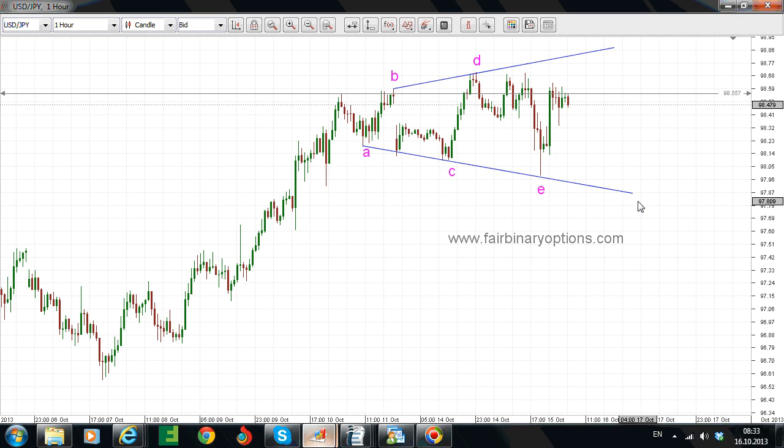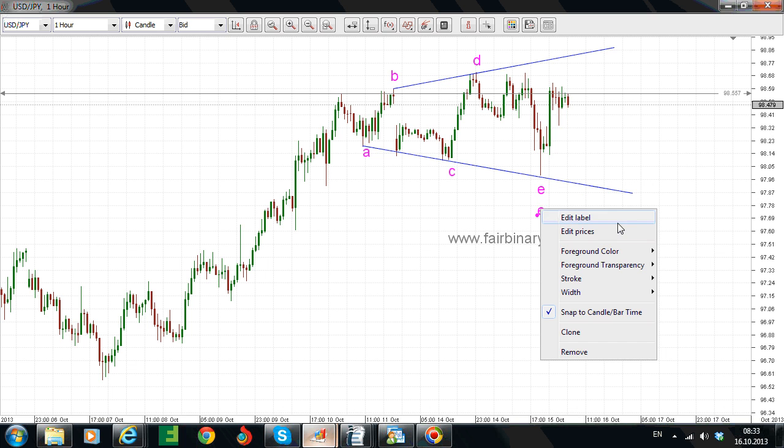So because of that, you might say, okay, how can we use this information for trading binary options? Well, it's quite simple, because an expanding triangle, like a contracting triangle, appears either as a 4th wave type, or as a B wave type, or at the end of a complex form of correction, but this is quite rare. But because we have a powerful move to the upside that advances here, we are inclined to think this is a 4th wave type that ends here, and now we are looking for a